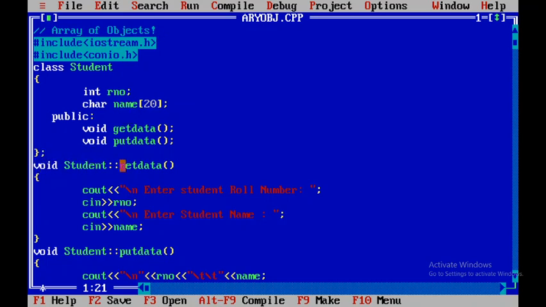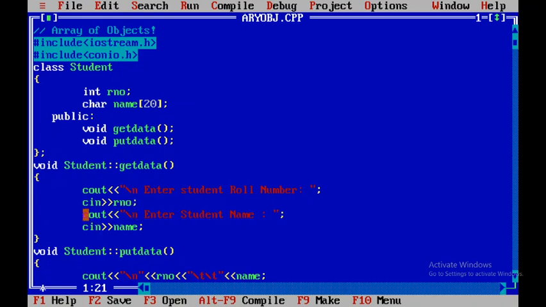We define the getdata function here. So void student scope resolution getdata. In that we have written an instruction to the user: enter student roll number, and after that cin RNO. So here the user has to input the roll number for the student object.